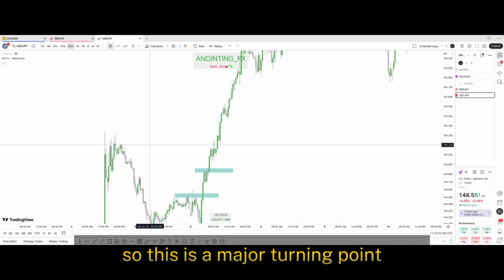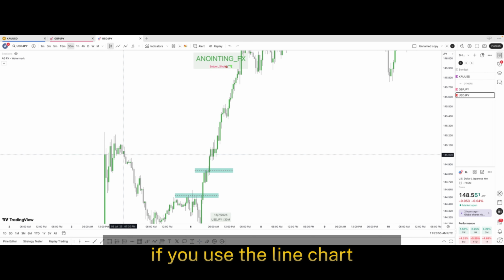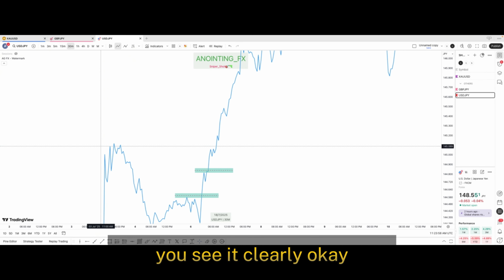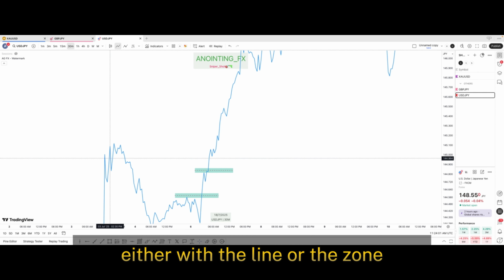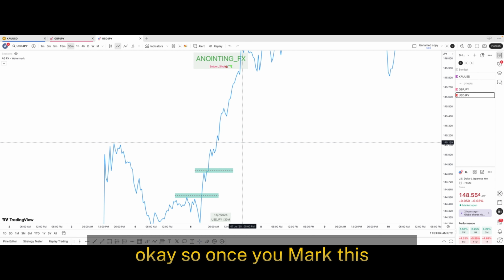Let's look at the major ones. Okay, so this is a major turning point. If you use the line chart, you see it clearly. So you can mark this level either with a line or the zone. Okay, so once you mark this,